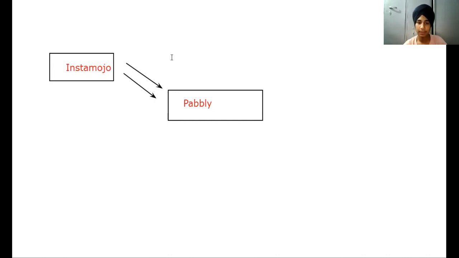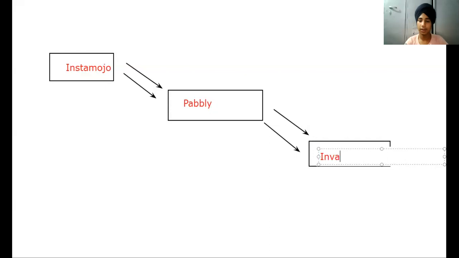Now Pebbly Connect will send data to Invanto in the form of webhooks, because Invanto accepts webhooks. Lots of platforms accept webhooks because they are very compatible, and that's where they are very helpful when you are integrating other tools. So they will send this to Invanto.